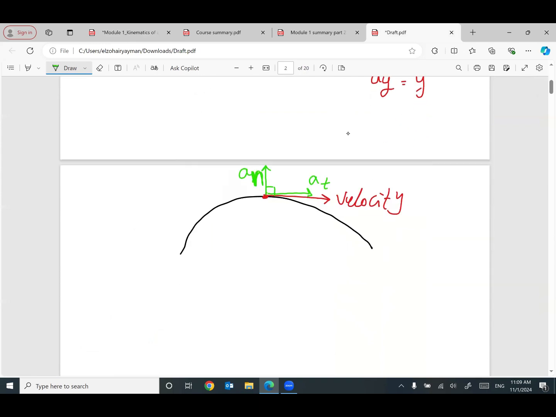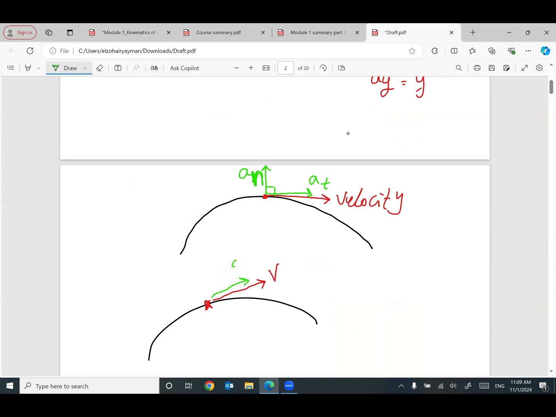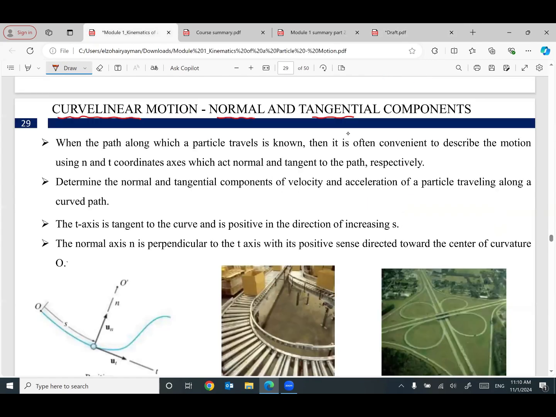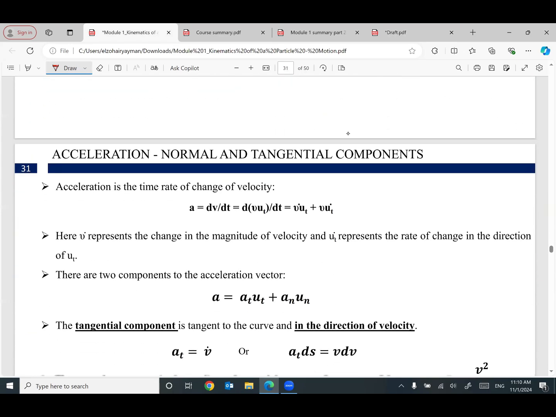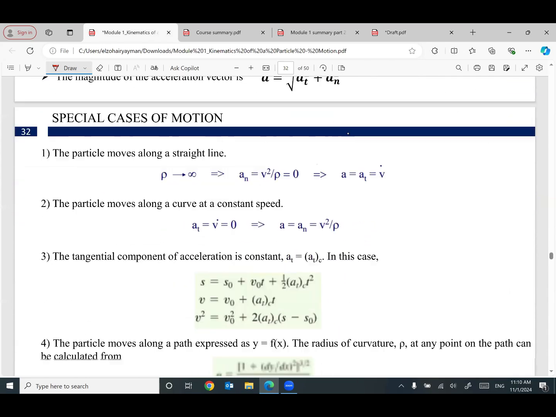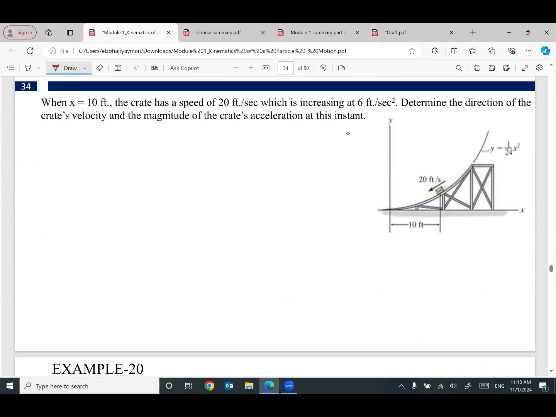That makes sense? So the normal will be perpendicular to the tangent direction. If I'm giving you a curve that looks like this one, and I'm asking you what is the direction of the velocity at this point, the direction of the velocity will be tangent. We have only one component, which is tangent. What are the two components of the acceleration? We will have one tangent and the second one perpendicular to this tangent, which is called the normal direction. You can watch the recorded videos covering the normal and tangent components of the acceleration and one component for the velocity, which is tangent.